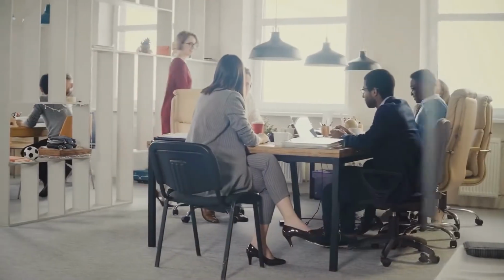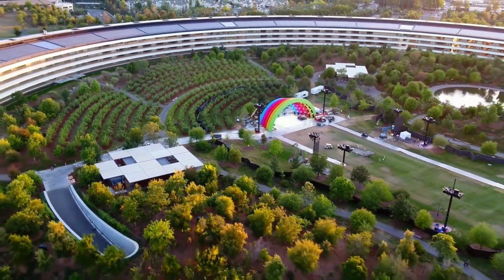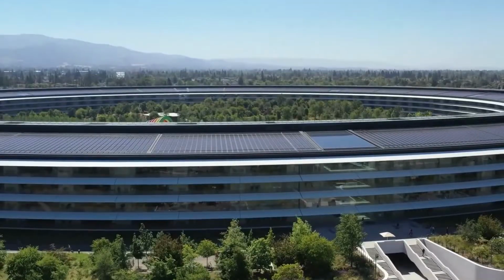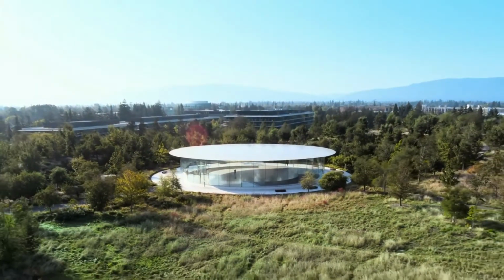The offices and parklands are intended to encourage our employees while also being environmentally friendly. They have built one of the world's most energy-efficient buildings, and the entire campus will run on renewable energy. When flat, pleasant, energy-efficient structures are the future of